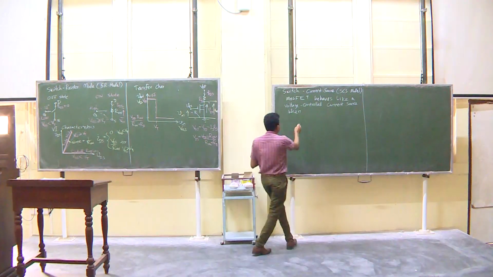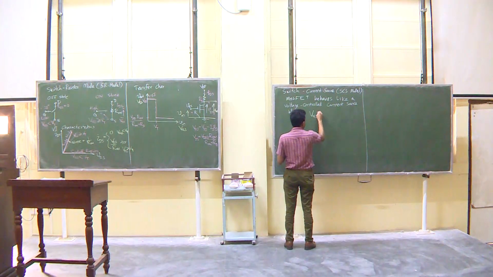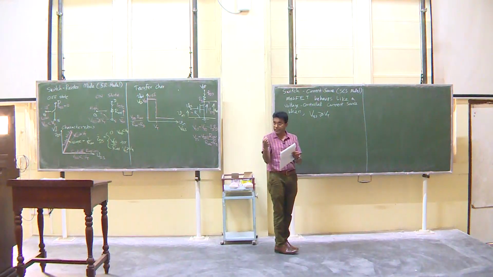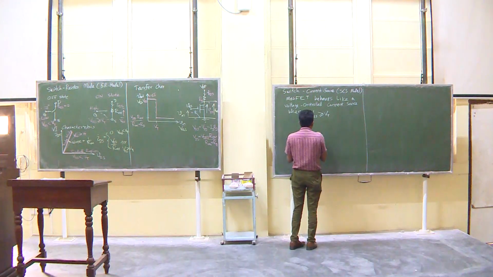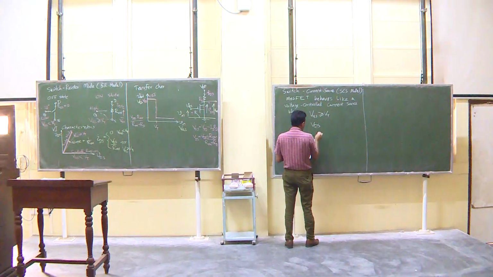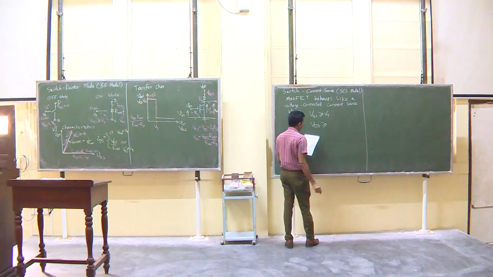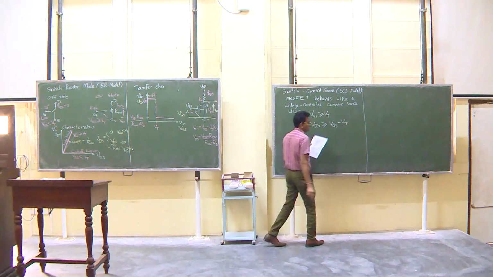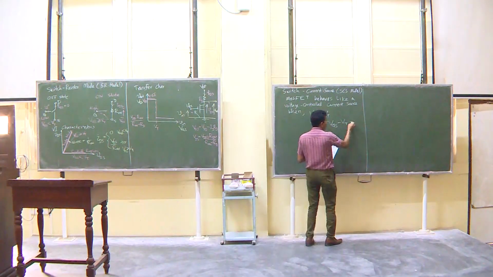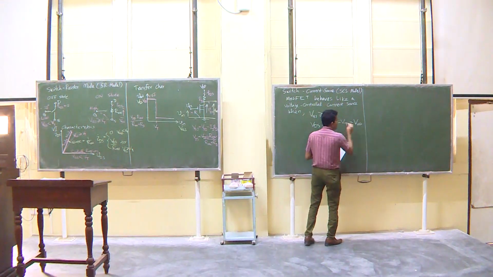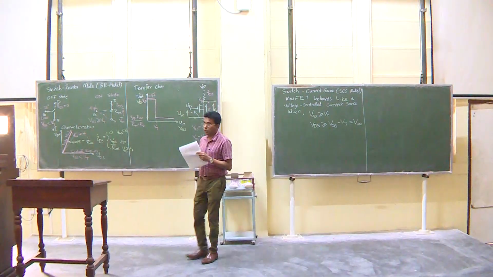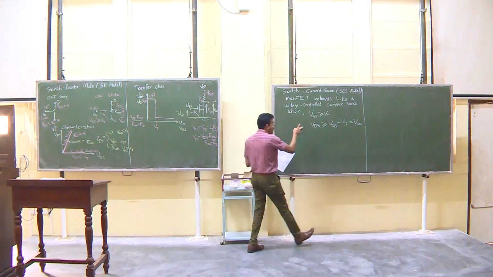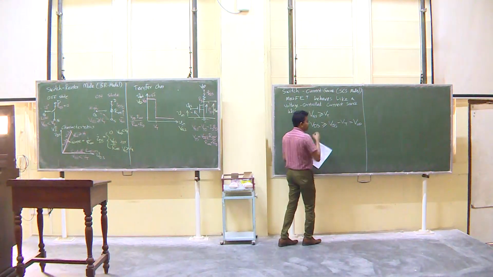VGS has to be greater than or equal to VT so that it is in the on state, but in addition we also need VDS, the output, to be greater than or equal to VGS minus this threshold voltage, which we call the overdrive voltage. If VDS is greater than this,